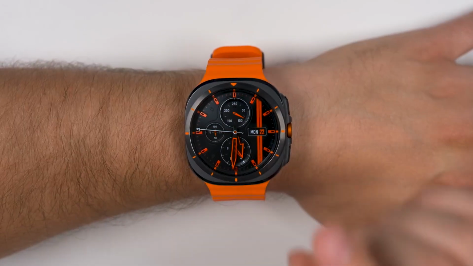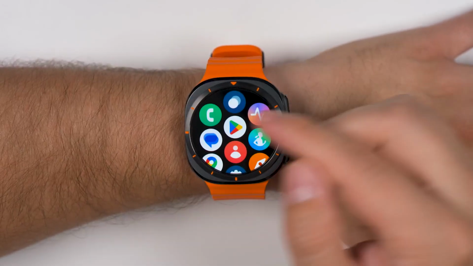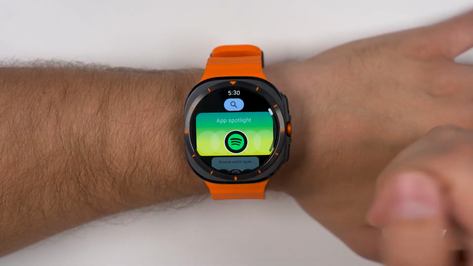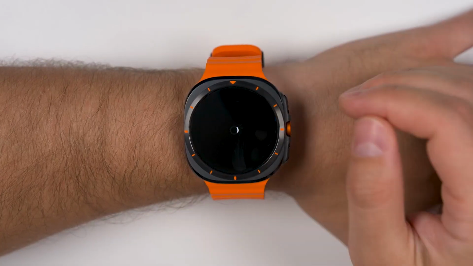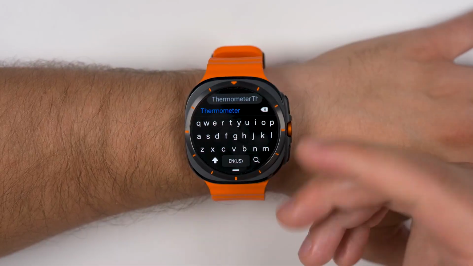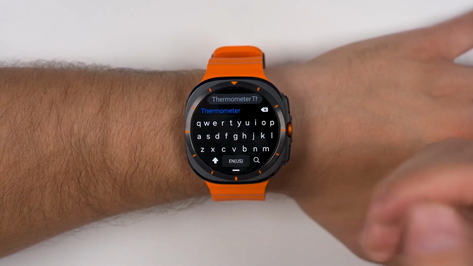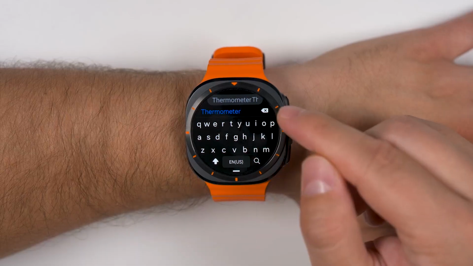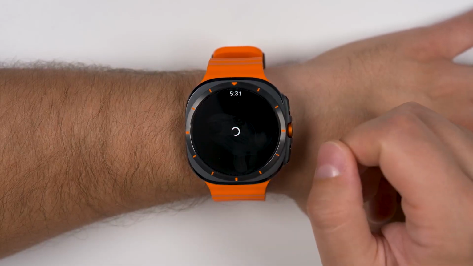This next feature is crazy. If you swipe up to go to your applications, and then you go to the Play Store application, then tap the search icon, and search for the word thermometer. And yes, the keyboard does support swipe gestures in case you didn't know. Anyways, once you have thermometer typed in there, tap the search icon, and you'll see this option here